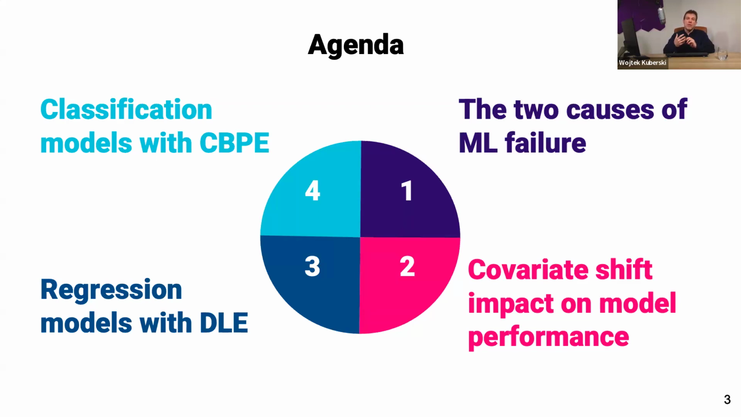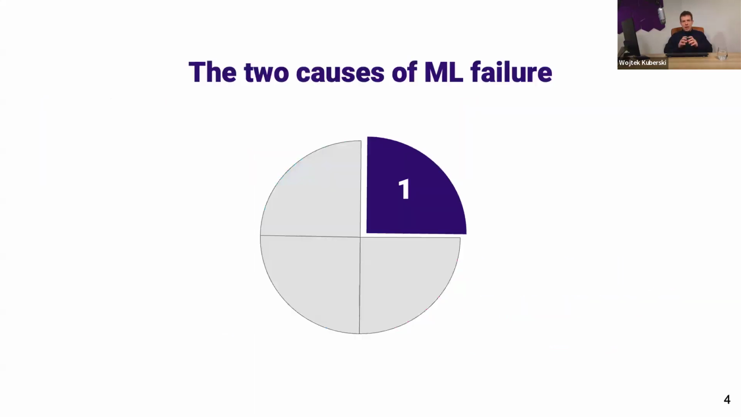And for regression, we have an algorithm called DLE, which stands for direct loss estimation, that helps us quantify the impact of covariance shift on model performance. You're going to hear that sentence a lot here. For regression models and for classification models, we have confidence-based performance estimation that does the exact same thing, but for classification models, and here it works both for multi-class and binary classification models. We're going to be focusing on the binary example just for the sake of simplicity, but everything here will generalize also to multi-class problems. So now let's get started with the first thing, which is the 2 main causes of